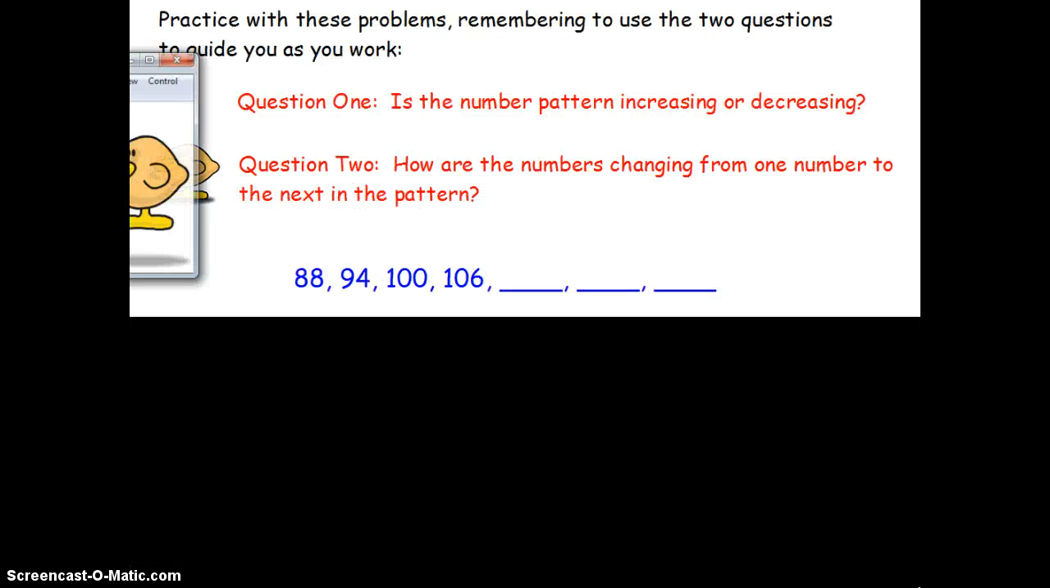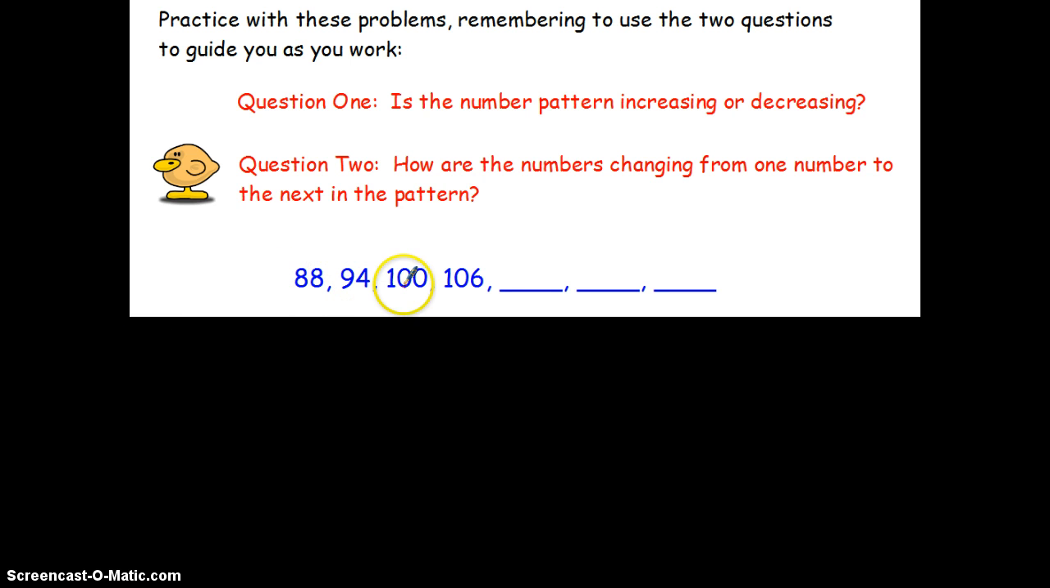Okay, now what we're going to do, oops, sorry about that. Now what we're going to do is still use these same two questions to help guide us through finding some more missing numbers in a pattern. We're going to do one more together, and then we're going to see how well you do on your own. Okay, so right now I have 88,